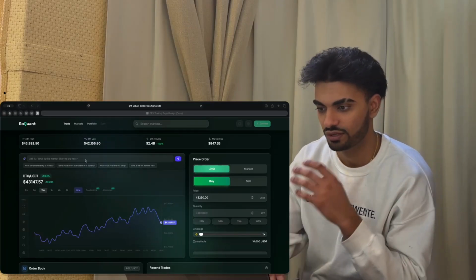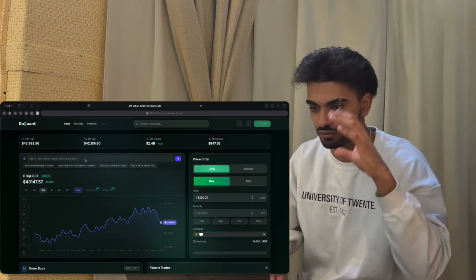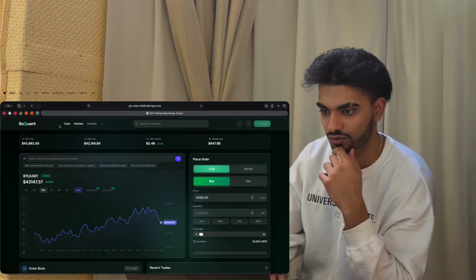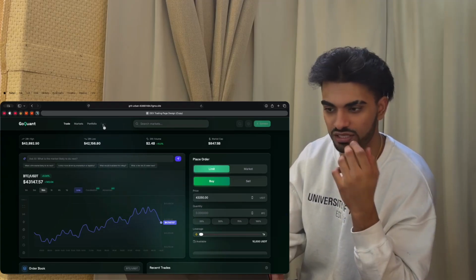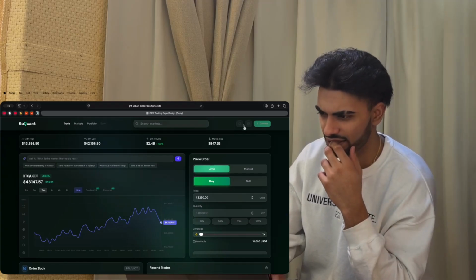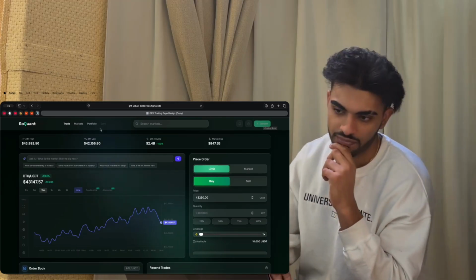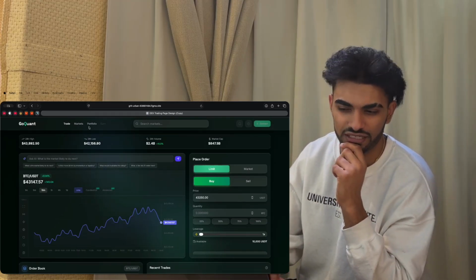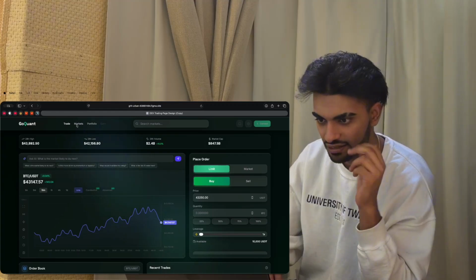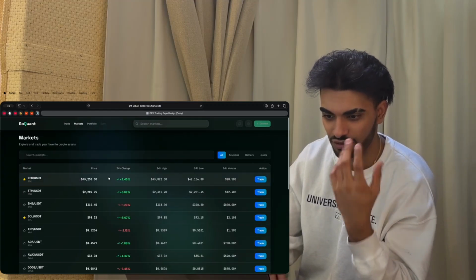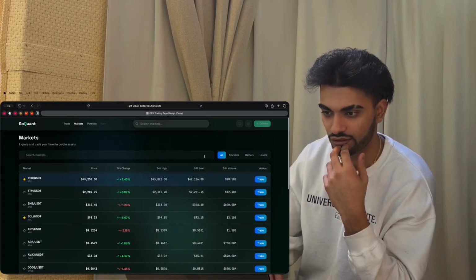So we're going to start with the main toolbar at the header. The header will have essentially the logo, and right now I have 3 pages. Obviously this is disabled and these are also disabled, like connecting the wallet and all these functionalities. But for now there's only 3 pages that are activated. The main is the trading page. Then we have the markets page where we can choose which market we want to trade on, and then the